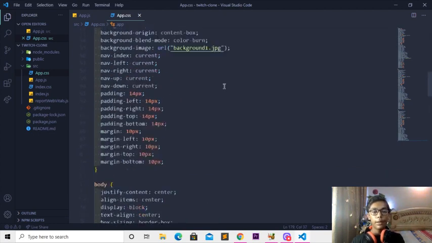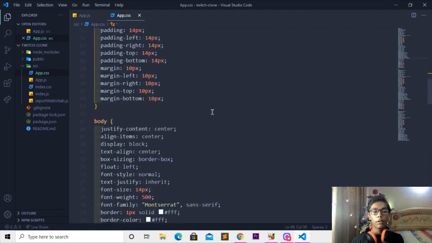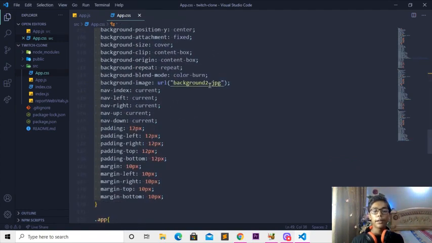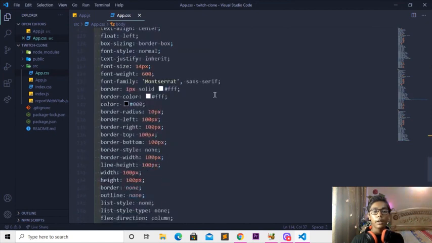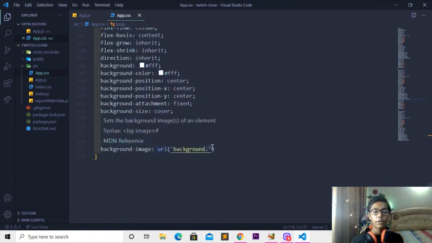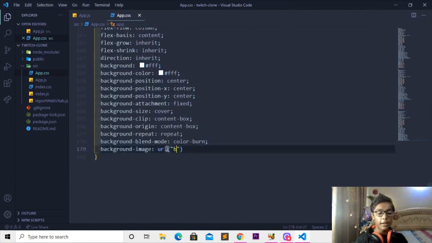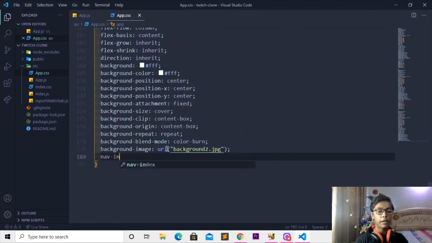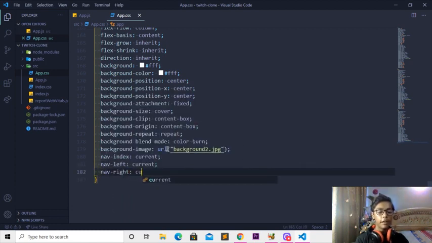So we have written background.jpg, then here I'll be writing background1, then scrolling down and changing this to background2.jpg. So simply I'll be closing, coming underneath creating nav-index-current, and I'll also be changing that to nav-left-current, and nav-right-current,